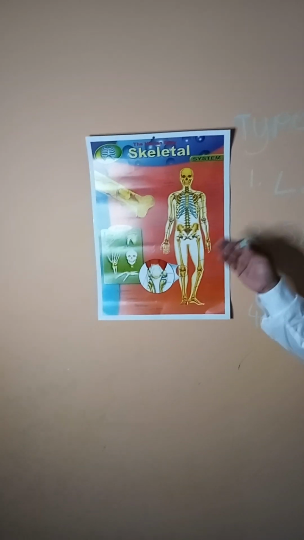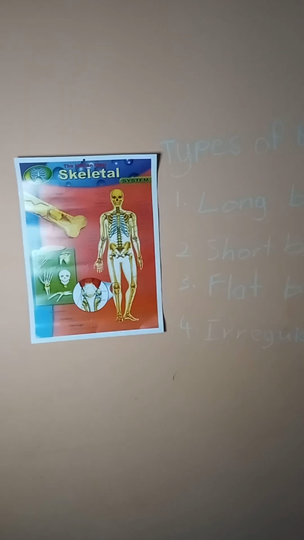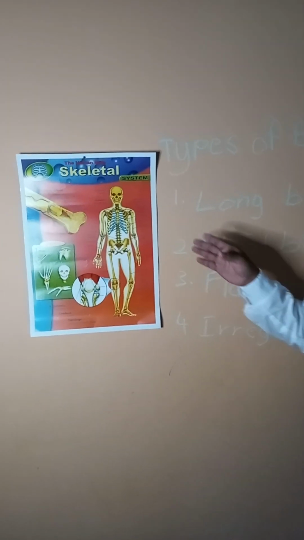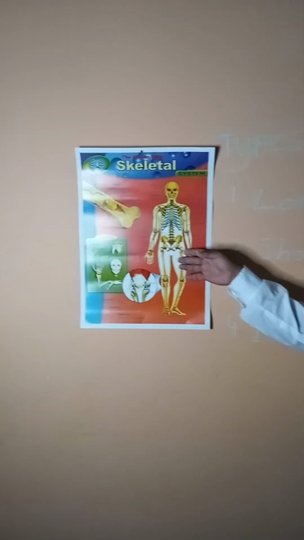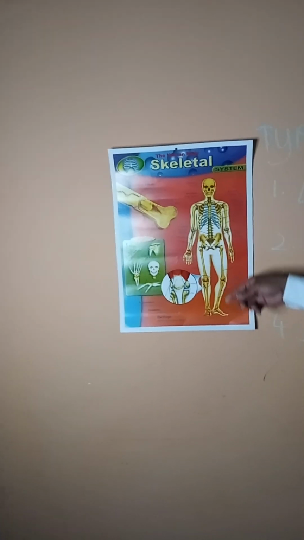Where could we actually find the irregular bone? If we watch the diagram here on the skeletal system using this chart, where could we say is irregular? Watch properly, and if we look at the spinal column, or we call it the vertebrae,